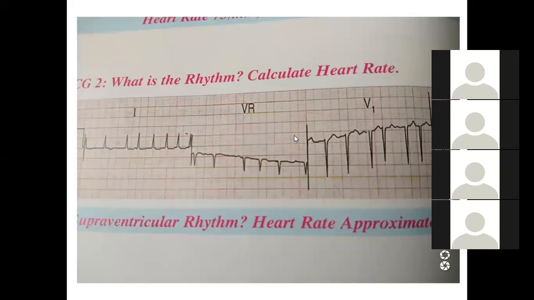Some is picked up by the ventricle and some is lost. Are you able to understand why it is irregular? Yes, sir. Because of what is picked up. What is QRS? Ventricular contraction, correct? This is picked up, and here it is lost. See, one is lost here. This one was picked up, and this one is lost again. Do you see it here?